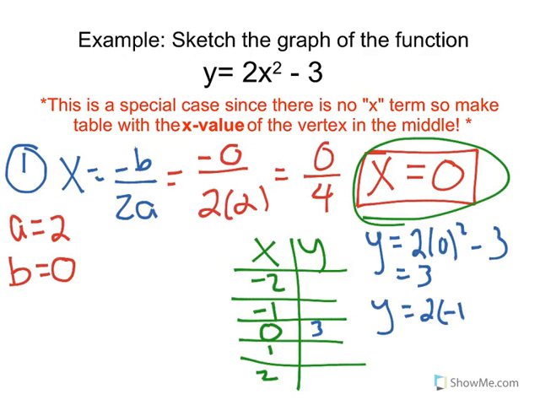So 2 times negative 1 squared minus 3. So here it should be getting y is equal to negative 1. And then we can do 2 times negative 2 squared minus 3. Make sure that if you are using your calculator, the negative is inside the parentheses and the exponent is on the outside. So this should give you a value of